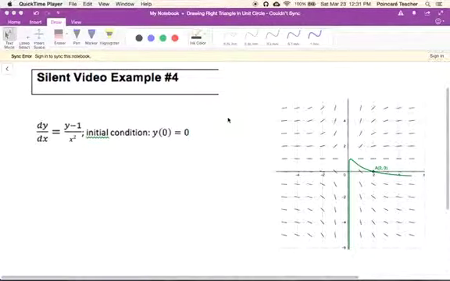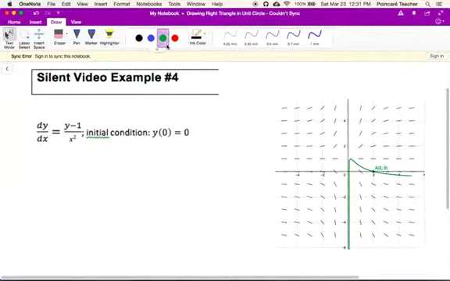For this fourth example, I'm just gonna work on it all the way through. So before we start, I just want you guys to fix something here. I want you guys to change the initial condition. On yours, it says that y of 0 equals 0. I'm gonna change it to y of 2